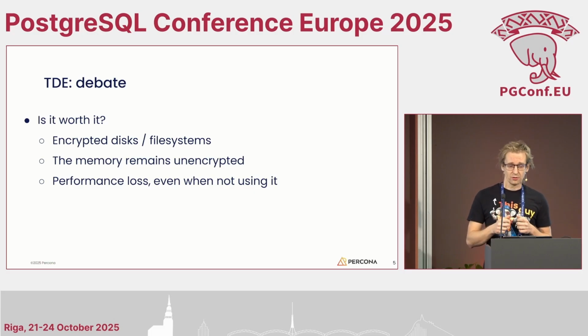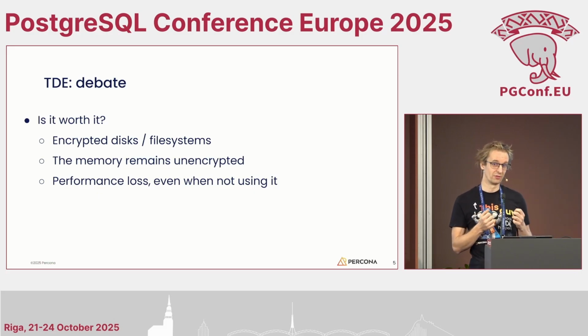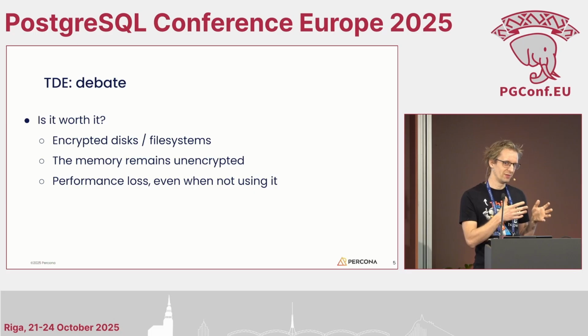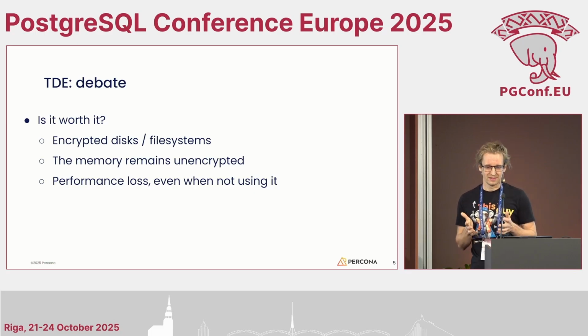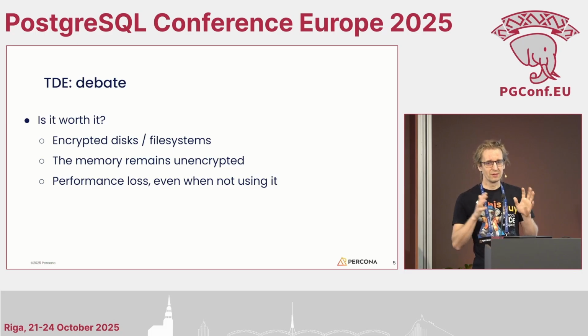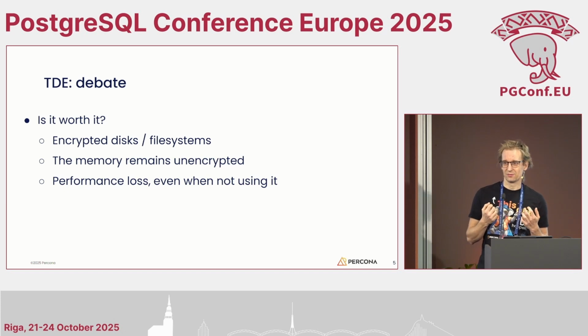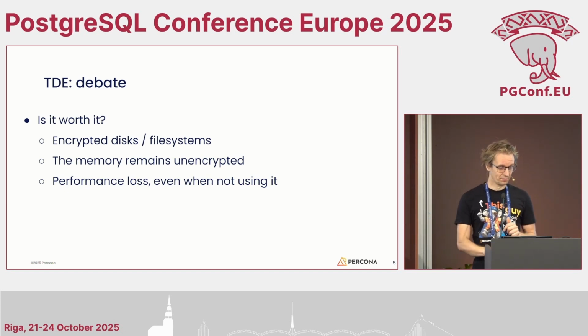And another technical question about it is that if we add features to the core logic, that usually means some amount of performance loss, even if people are not using this feature. So often people are concerned that, yes, we can implement encryption, but if we do that, then everyone will notice some performance degradation because we need new abstractions, new conditions, and so on. Even if it's just 1% or 2%, it's there.